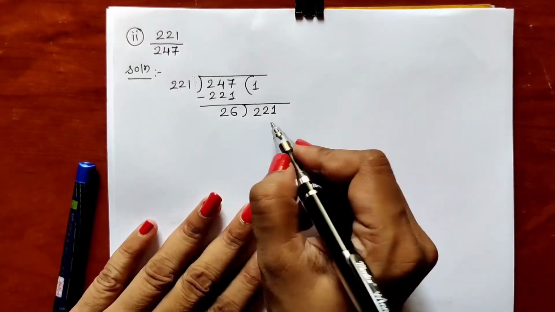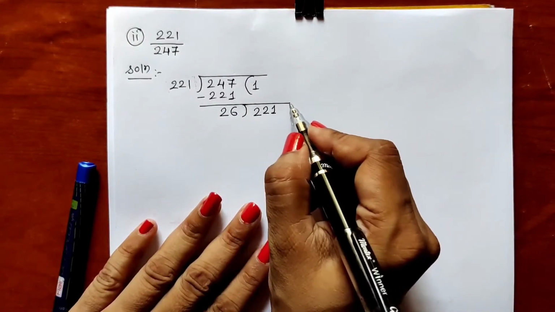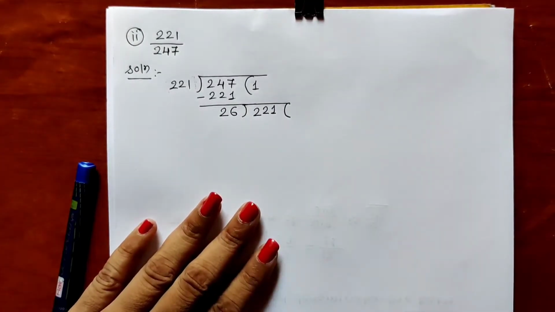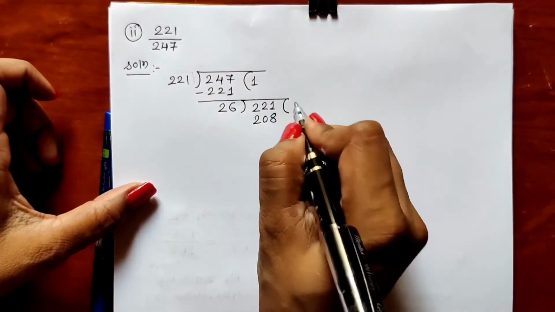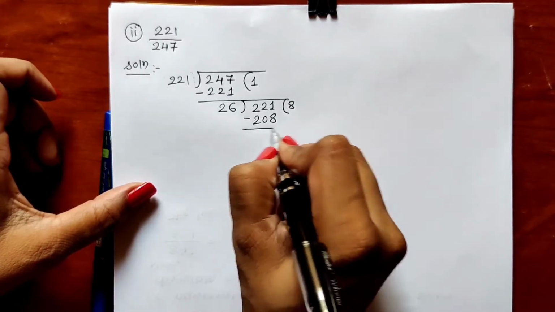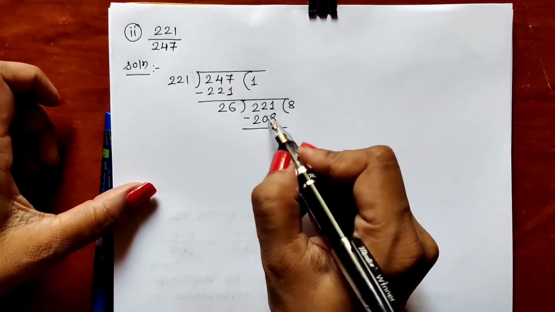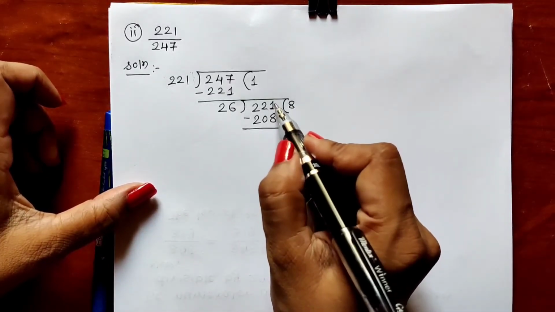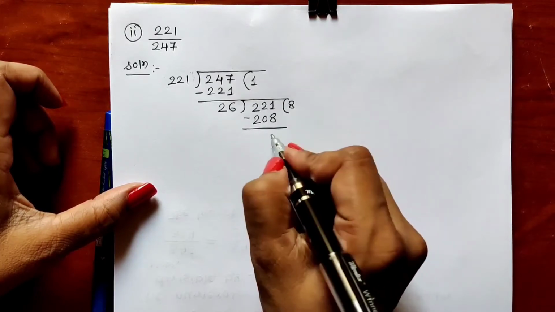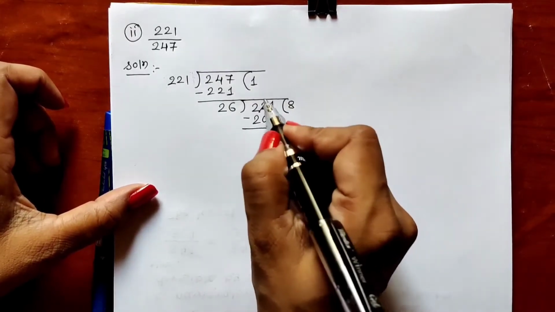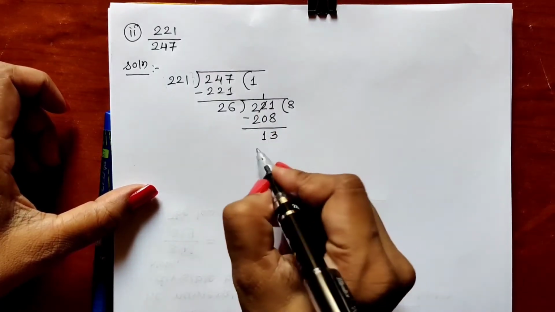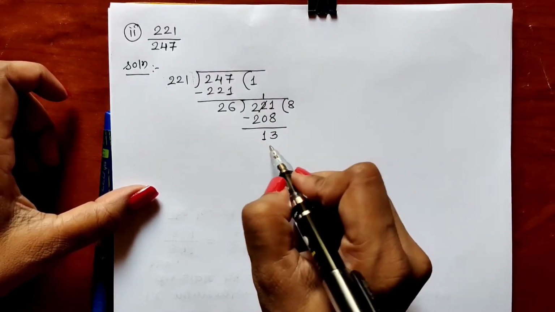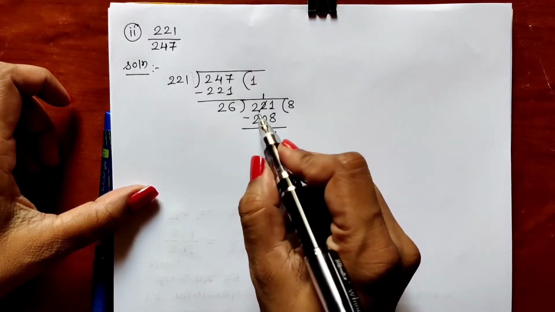Now let us divide by 26. You all know the table of 26. 26 8s are 208. 8s are okay. So now subtract. 1 minus 8 cannot be done, so we have to do 11 minus 8. It will be 3. 1 borrowed from here, so we have to write 1 here. 1 minus 0 is 1, and 2 minus 2 is 0. That we don't write here. Now 13 we have got the remainder of second step.